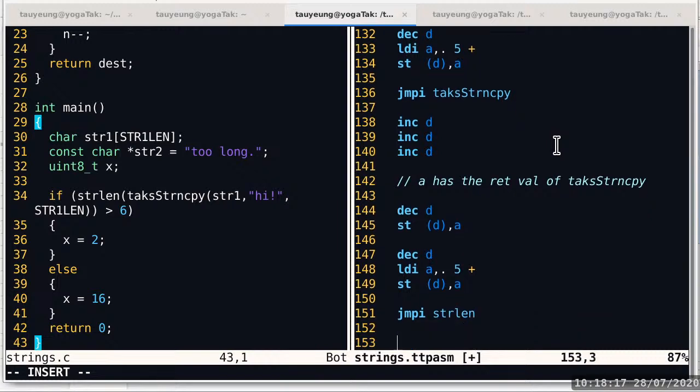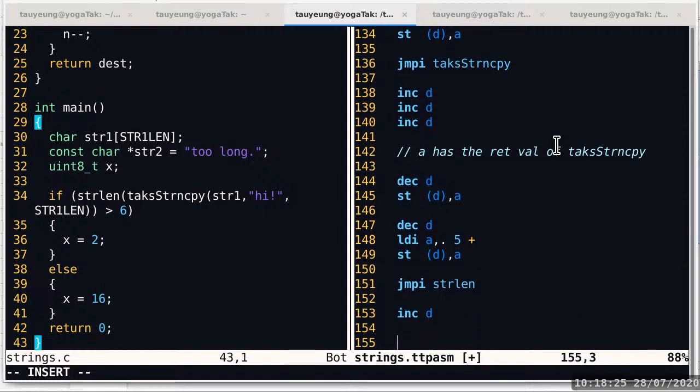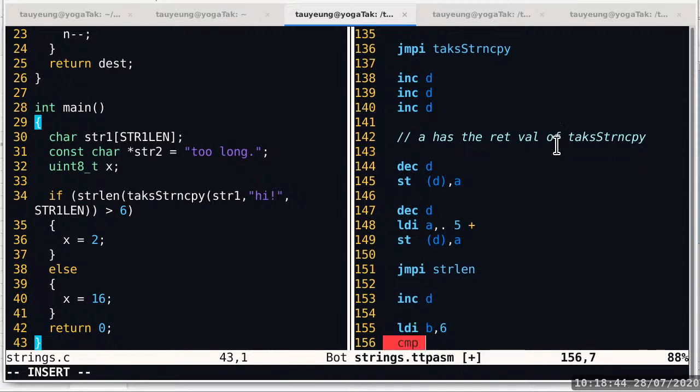Okay. When that comes back, I have an increment D to deallocate the argument of string length. Okay. And the return value is now in register A, which we can then compare to 6. Now we want to see if register A is greater than 6, but greater than is not something that we can check easily. We can check less than really easily, but not greater than. So we still need to load B or C with a 6, and then we need a CMP. The CMP is going to be the other way around, which is CMP B, which has 6 in it, and A, which has the return value in it, because it's easy to check whether something is less than rather than